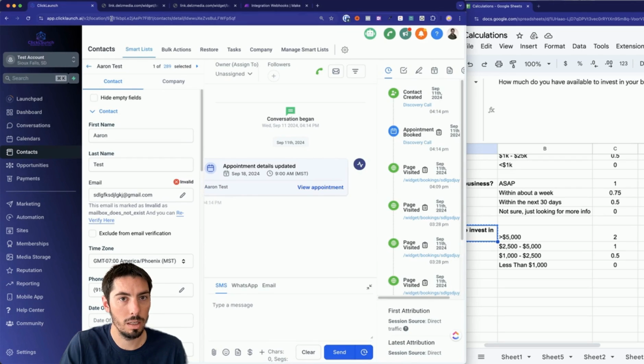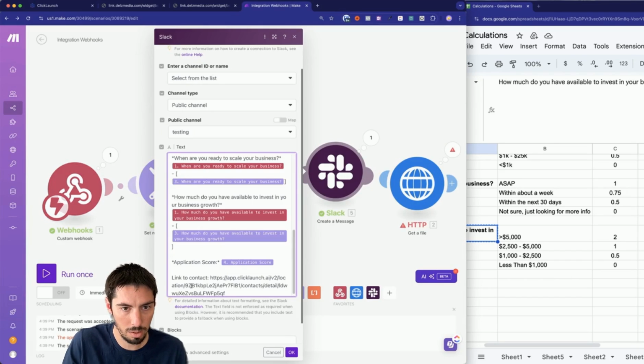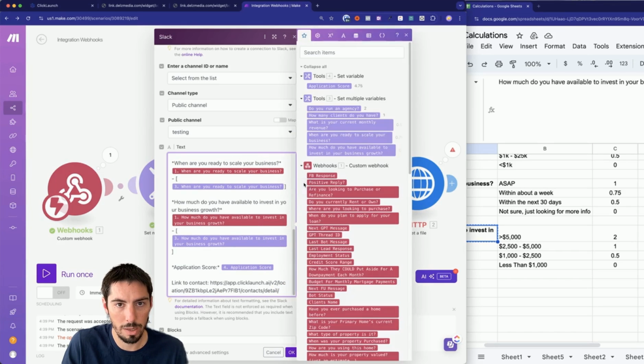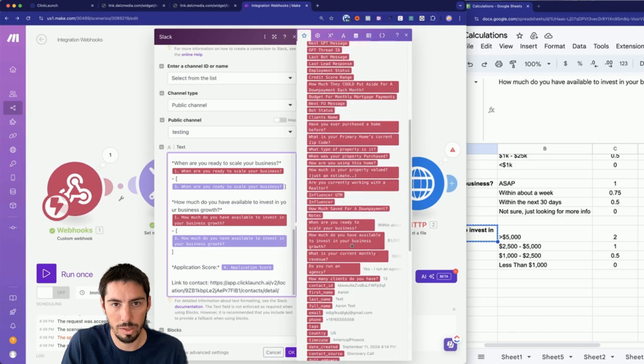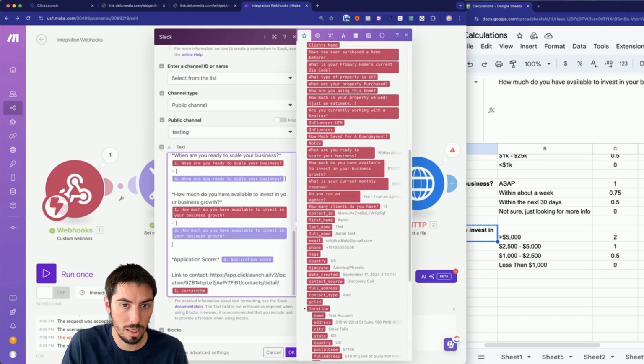So I'm going to take the link up here, copy this link. We're going to come back to Make, and we're going to say link to contact. And you can put the link in, but what you want is that specific contact. So everything after this detail here, this is the contact ID. So we're going to come back here, and you always get the contact ID with that information that's sent over. So contact ID. So now it'll replace the contact ID with that